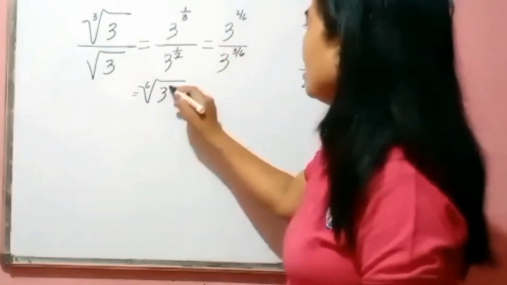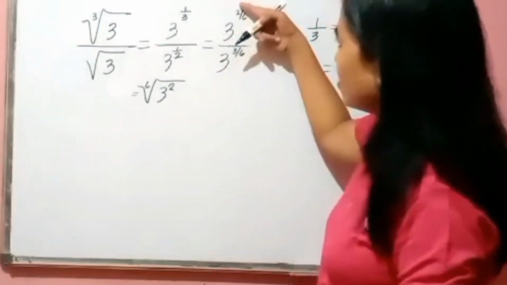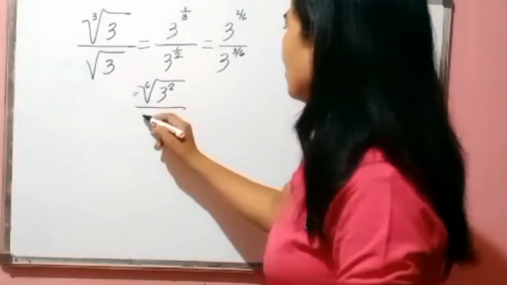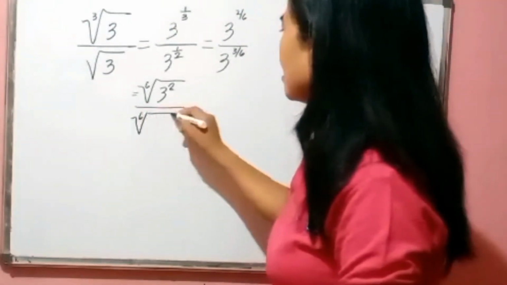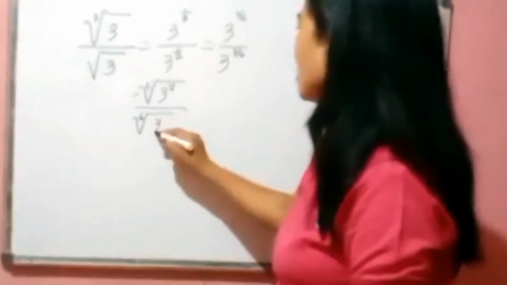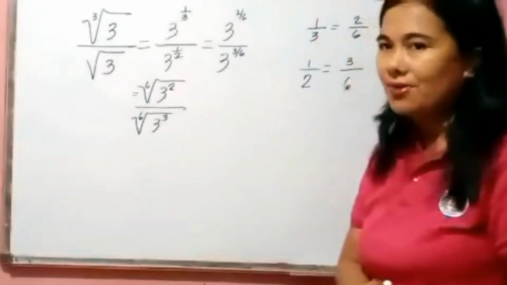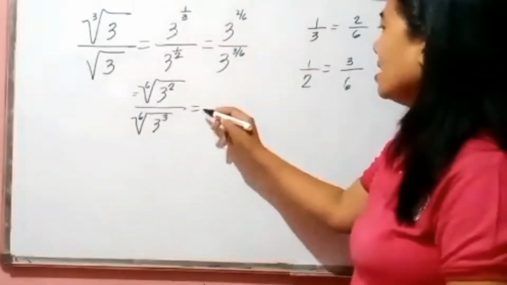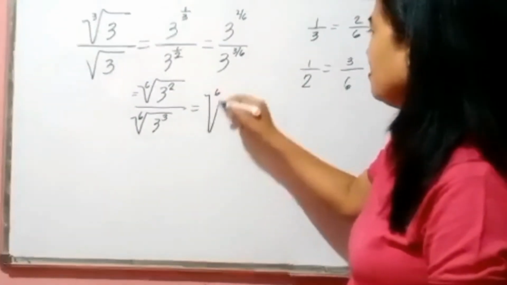Tapos, 3, tapos yung numerator niya is 2, so yan. Okay, dito naman sa baba, do the same. 6, tapos 3 cube. Okay, pareho na sila ng index. Pwede mo na silang i-write as 3